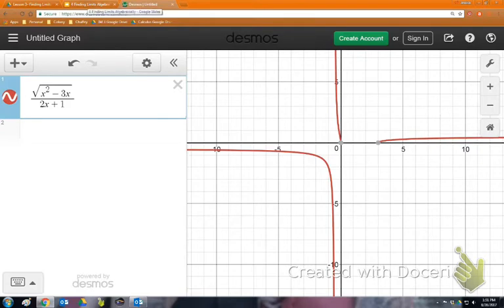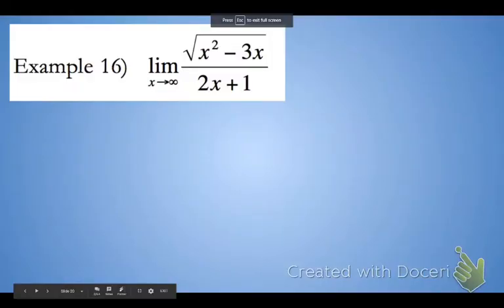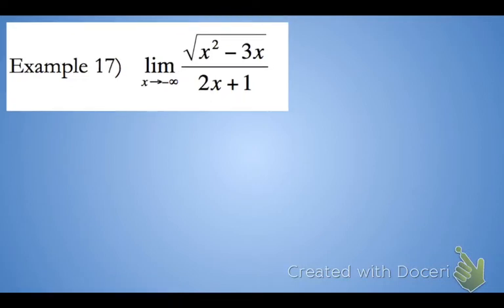They change. So in order to make sure you're looking for the correct one and actually finding the correct answer, always make sure to plug in infinity into the denominator to see if it's going to give you a positive or a negative answer. Our last example is this one, and it's actually the exact same example, but this time